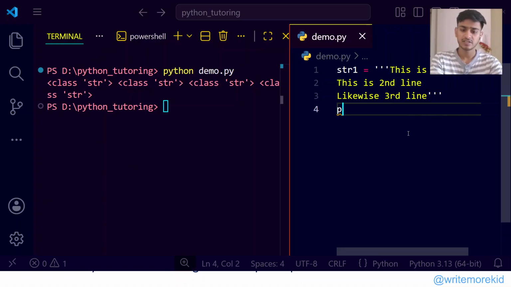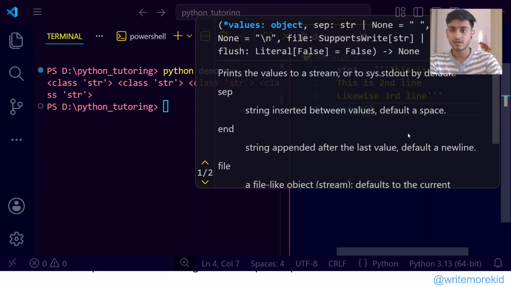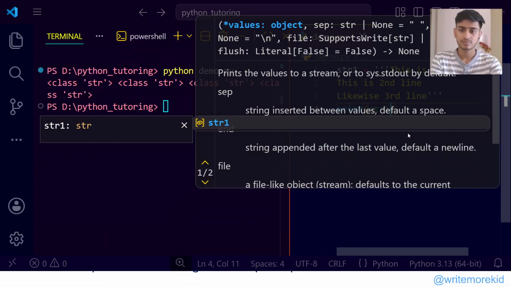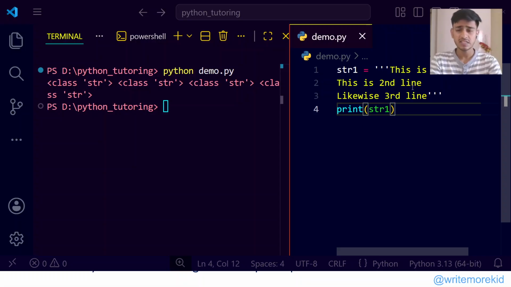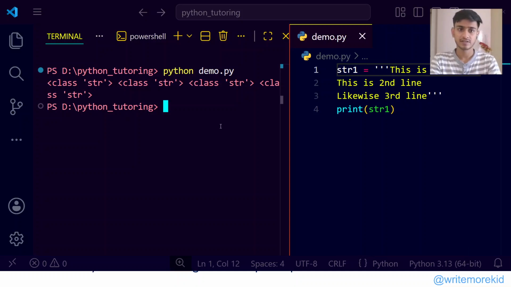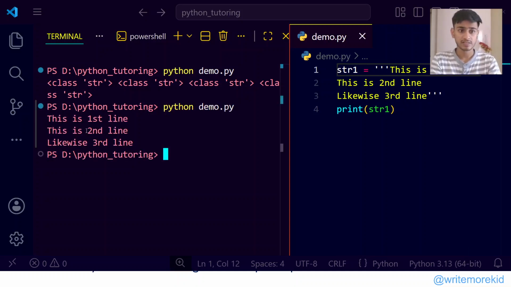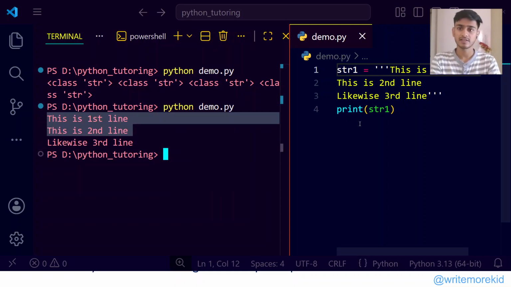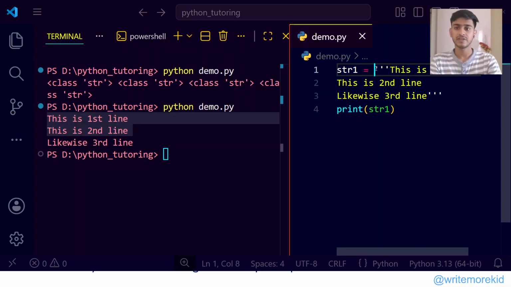If I try to print this, what will be the output? Will it be a string within a single line or a string with three different lines? Let's run this. Here you can see the output is coming in three different lines as we wrote. So what do we understand from this? We understand that a triple quote creates a string as it is,